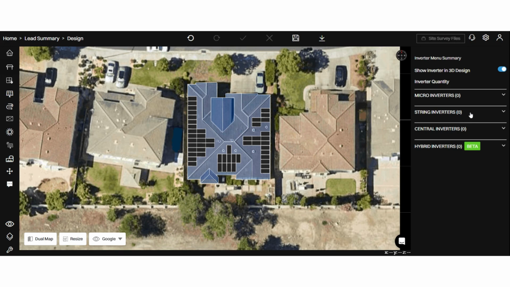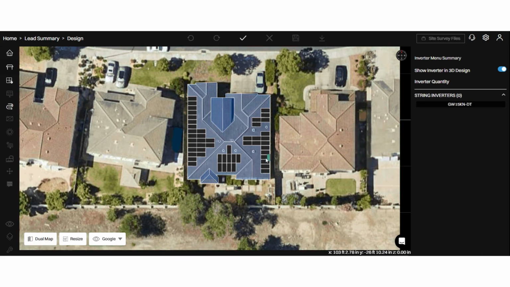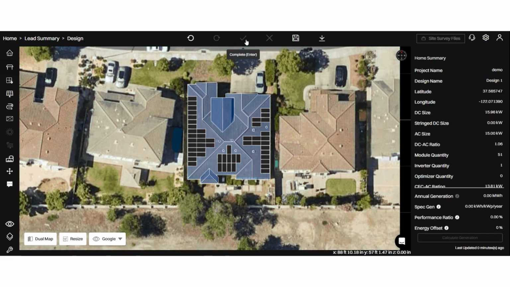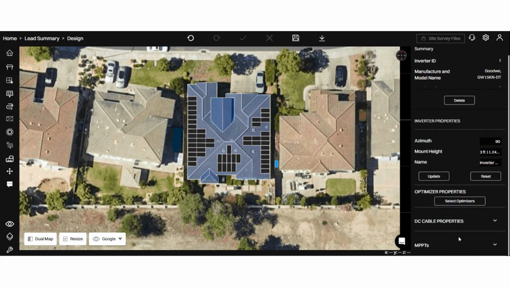I'll select a string inverter based on my system capacity. In this case, I will choose a 15 kilowatt inverter and place it here. Now, to add strings, I'll go to my inverter section. Here, you have two options, to add an optimizer or create strings. If you want to add optimizers, you can select optimizers, or you can directly go to the add string option